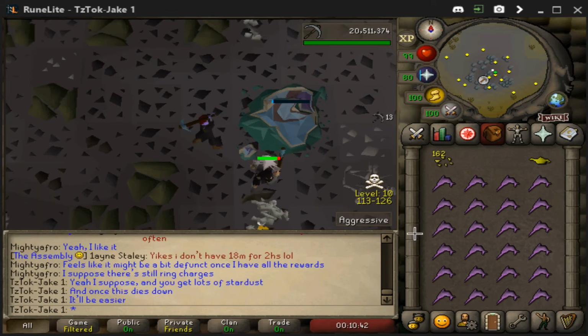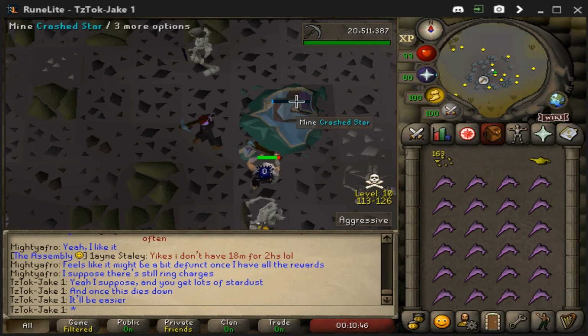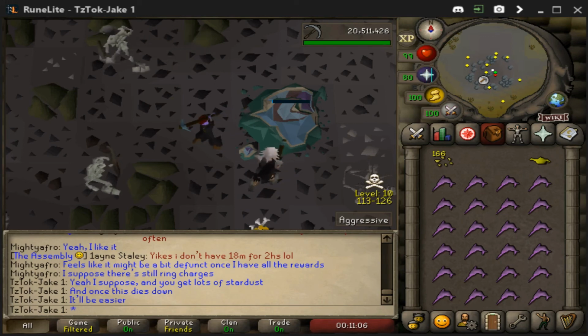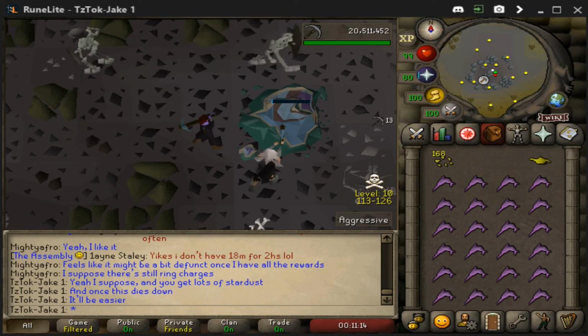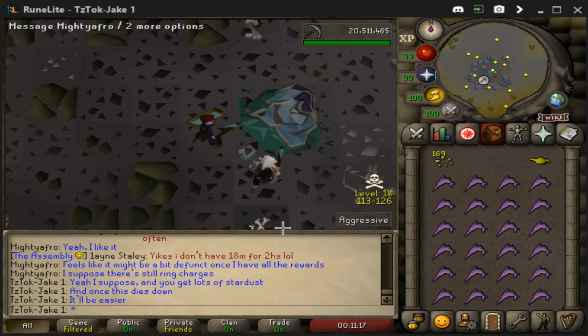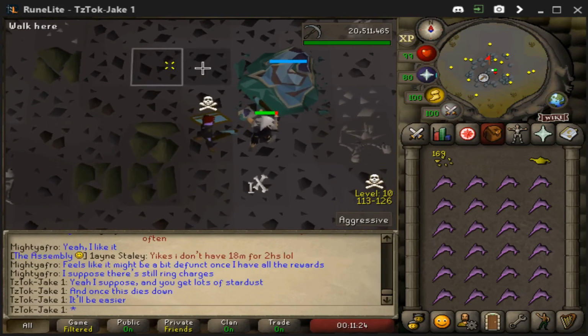So as you can see by the health bar on the star, eventually it is going to degrade and you're going to have to click it again. And when it degrades, it means that the next inner layers have more stardust and require a lower mining level. But I'm not really sure if it mines faster. It seems like it does once you get to the inner layers. So I'm just going to let this roll until, yeah, there we go, poof. Now if we prospect it, it's now a size 3, requiring only level 30, and we can, oh,